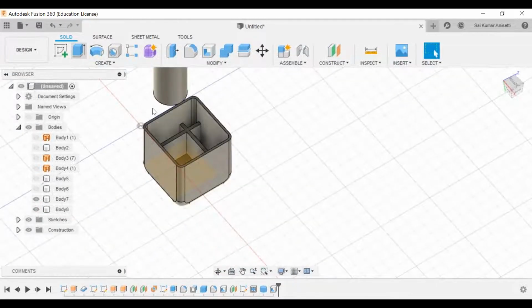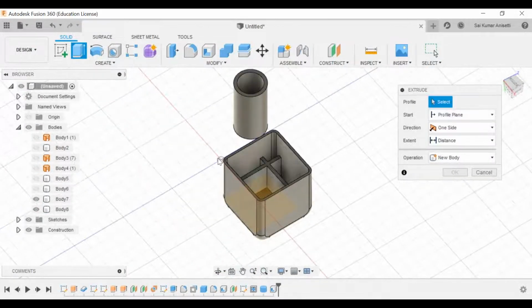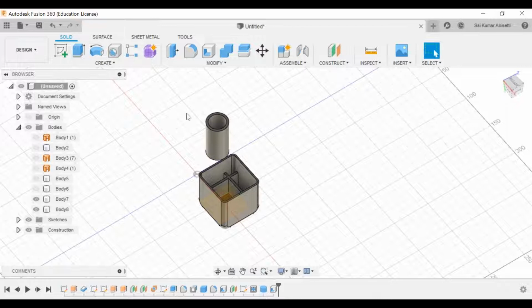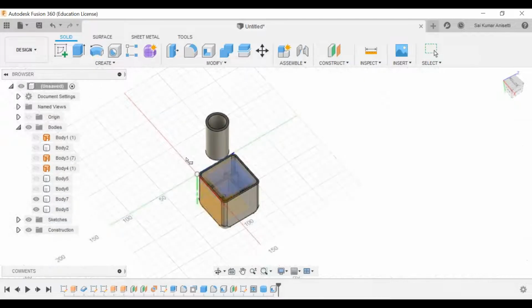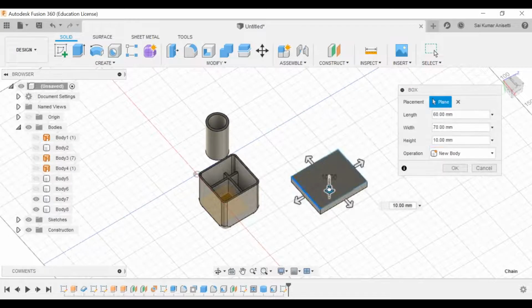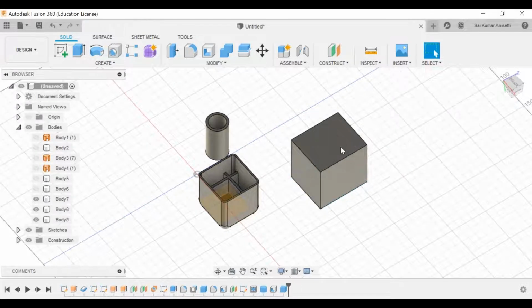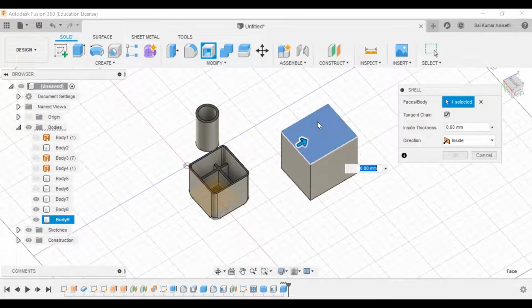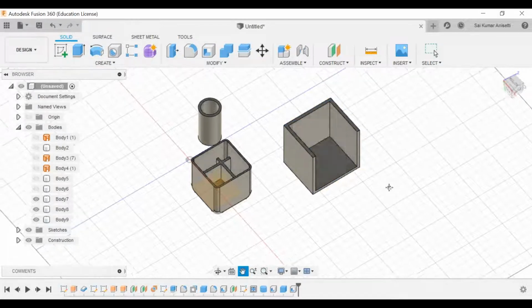See, I'll give another example for shell, so you can completely have an idea. Let me create a box. Okay, now I have a box. Now I'll remove two faces. If I removed just this face and gave thickness, it became a closed entity, right? Now I'll remove these two faces, and I'll give, for example, 4 mm thickness. See what it has made.